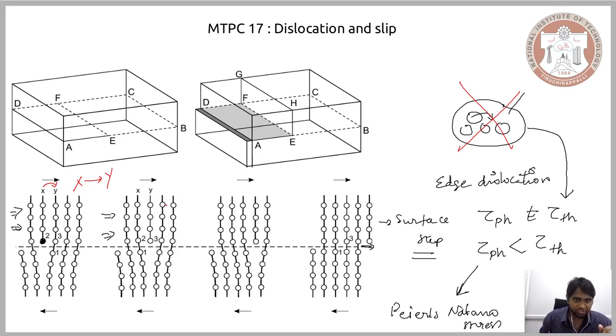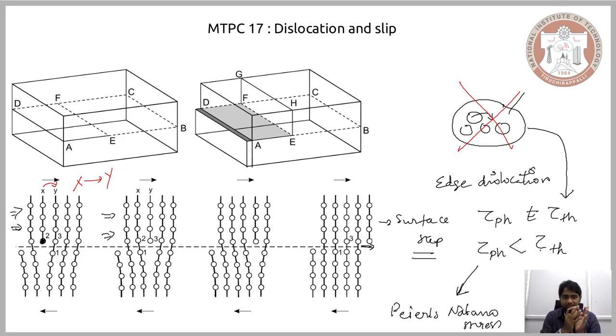So that is the reason. Since we already have an extra layer of atoms that is occupying an unstable position, and the stress is required only to move this atom from this unstable position to its stable position, the physical stress required for the plastic deformation is much less than the theoretical stress. So it is not an atom moving directly from one stable position to another stable position. It is not that. It occurs, in the case of edge dislocation at least, in two steps. It occurs by the creation of the extra layer of atoms in the unstable position, and from there the extra layer of atoms moves to the stable position.